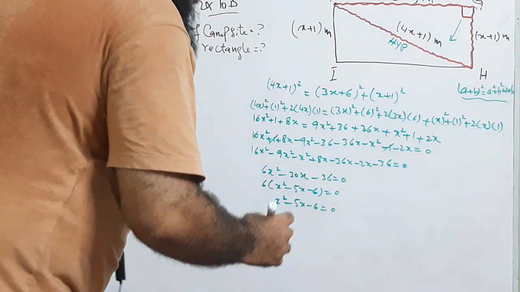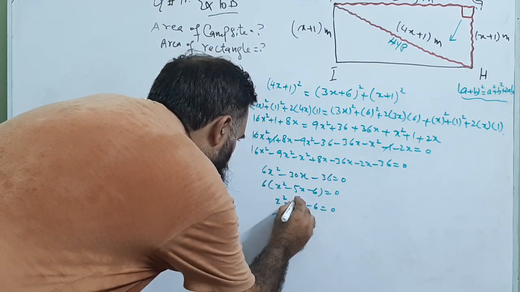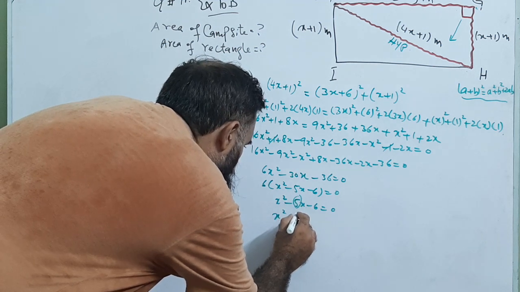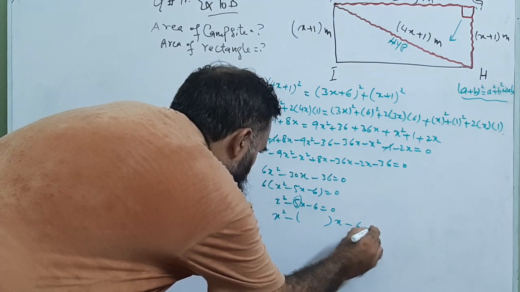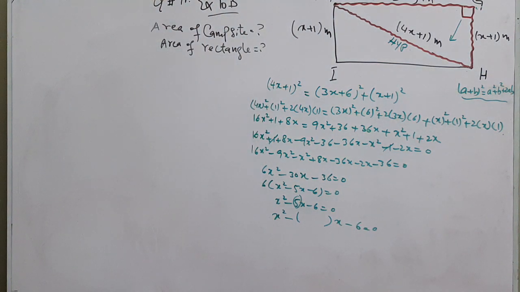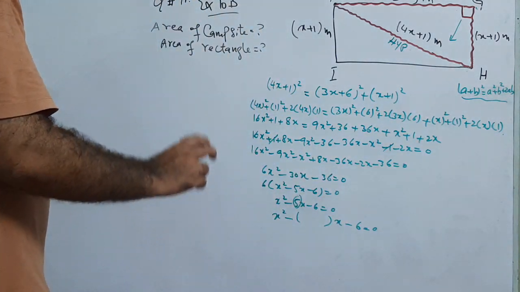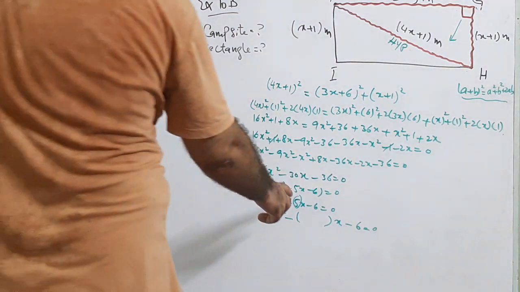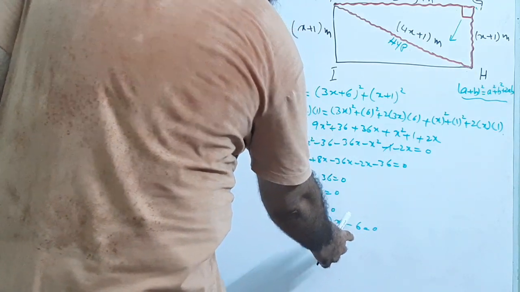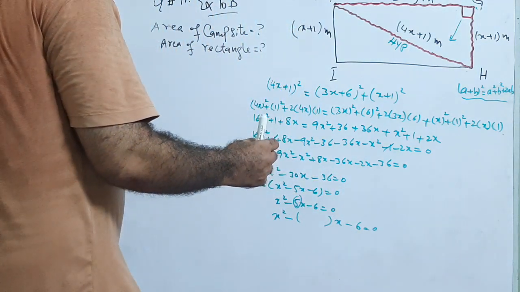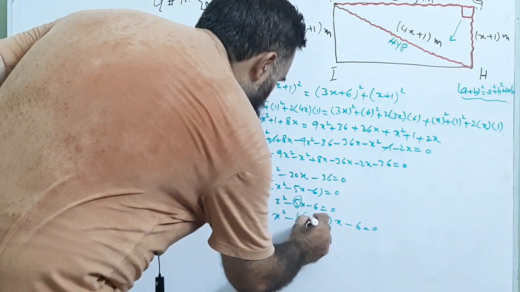So we will be using the factors of 6. It will be like this: x square minus, for this 5 which is the coefficient of x, we will put a bracket, x will be the same, minus 6 will be the same. So we will make factors of 6, and when we add or subtract those factors, the result should be 5. So 6 into 1 is equal to 6. 6 and 1 are the factors of 6. So when we subtract 1 from 6, it becomes 5. So it is like this, 6 minus 1.